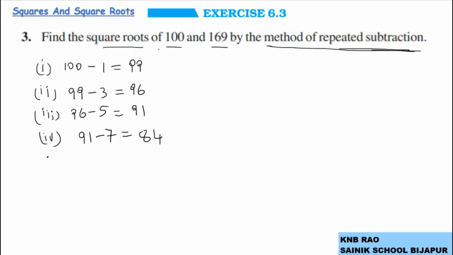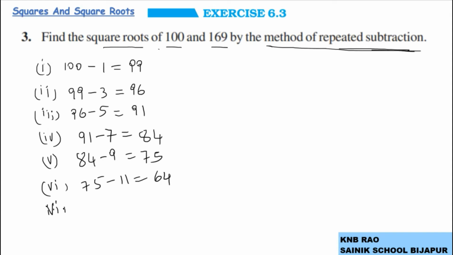84. In step number 5, from the difference 84, 9 subtracted gives 75. In step number 6, from 75, 11 subtracted gives 64. In step number 7, from 64, 13 subtracted will give us 51.